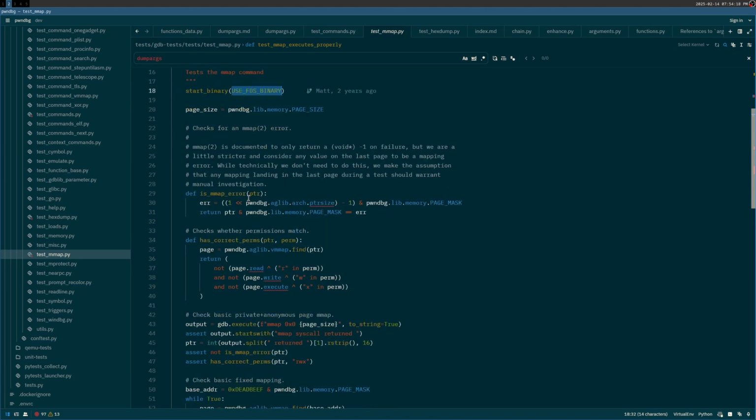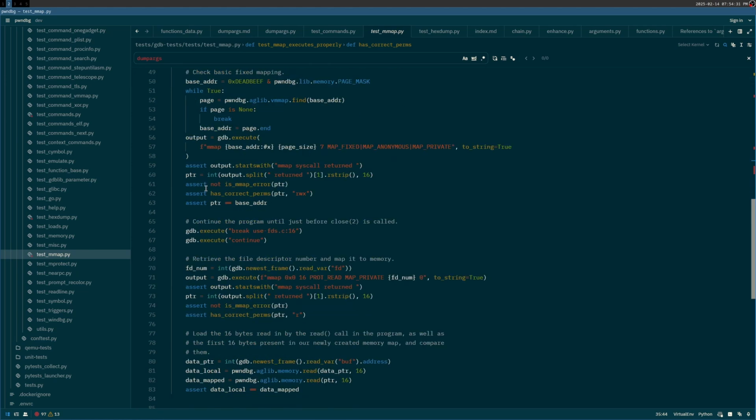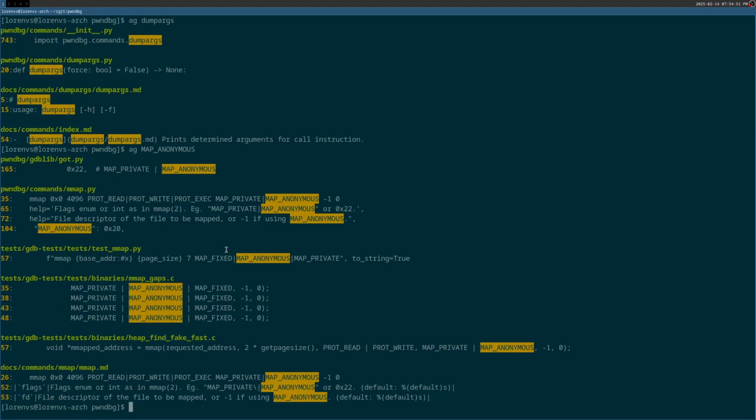Used file descriptors binary. pwndbg and oh, this is interesting. Almost like we have values for this built in. So this is testing an mmap command, but this is actually interesting because we might have values for some of these built in already. Indeed,